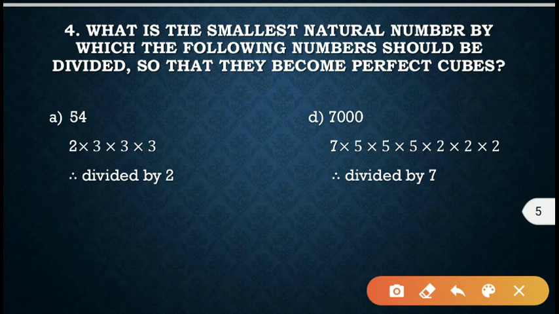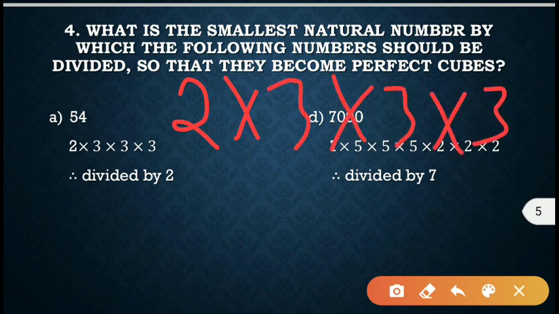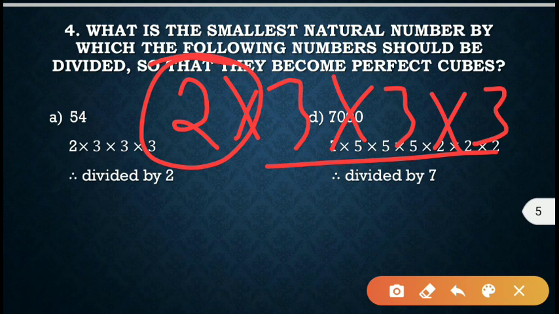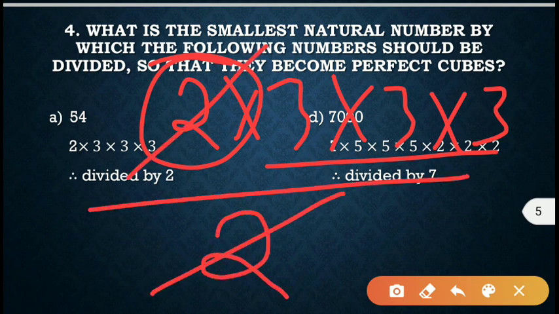So the fourth question, you need to divide to make them a perfect cube, and the first is 54. First of all, do a prime factorization of 54. You will get the prime factorization 2 into 3 into 3 into 3. Here you need to divide. Divide means you need to exclude a number. 3 is in a perfect group, 2 does not have any pair. So if you divide by 2, this 2 and 2 will cancel and this will be left as a perfect cube. So we can say that 54 divided by 2 is a perfect cube. So 2 is the extra one. We want to exclude 2, because when we exclude 2, this will become a perfect cube.